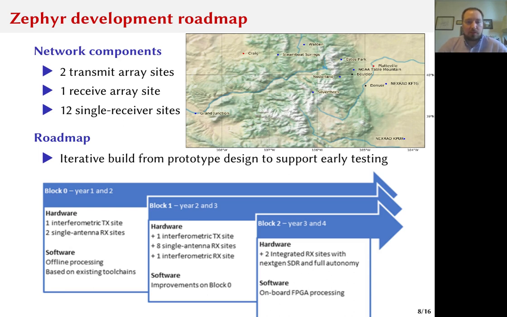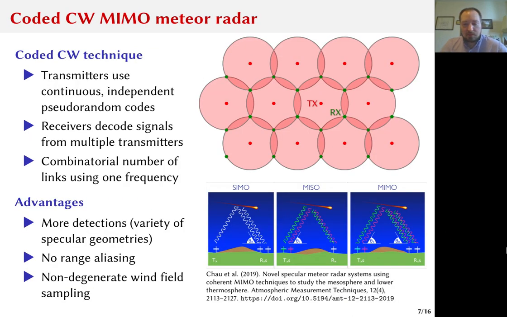So with Zephyr in particular, we're planning 2 transmit array sites. So we can step back to this diagram again. It's what this buys you, this MISO configuration or MIMO configuration, is flexibility in how you design your meteor radar